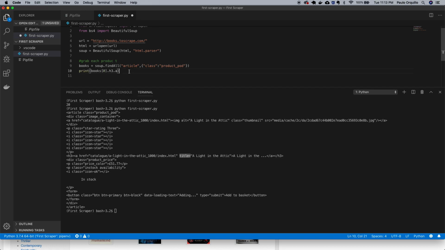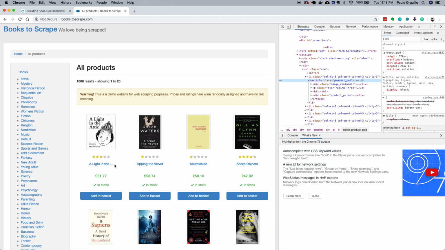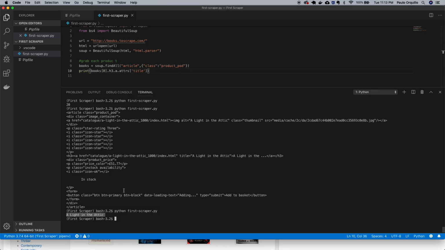So to access those, you actually put attrs and then the attribute that you want to target. So if I do that and I run Python again, you would see that I was able to grab A Light in the Attic. You can see here it's cut off, but on the title itself it says A Light in the Attic. So we're going to grab that,